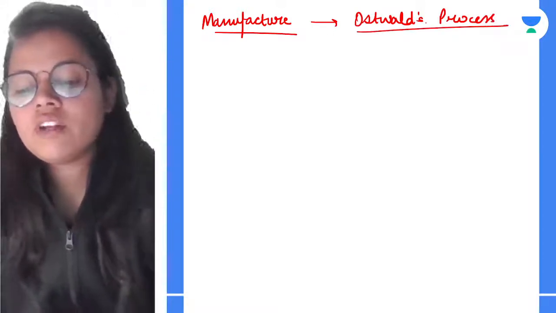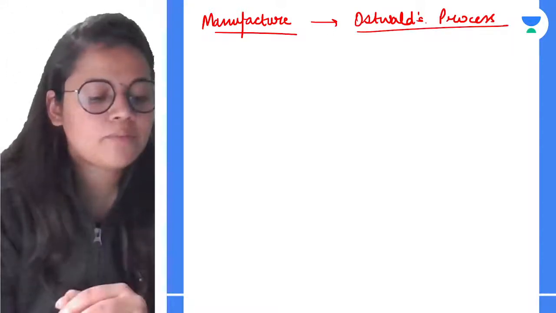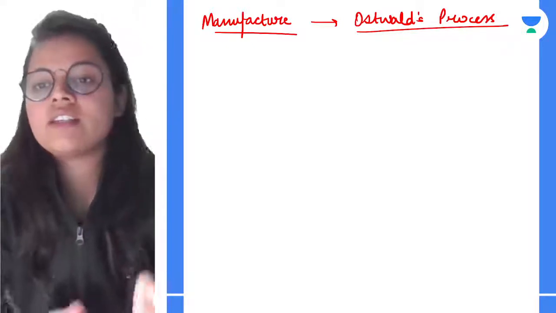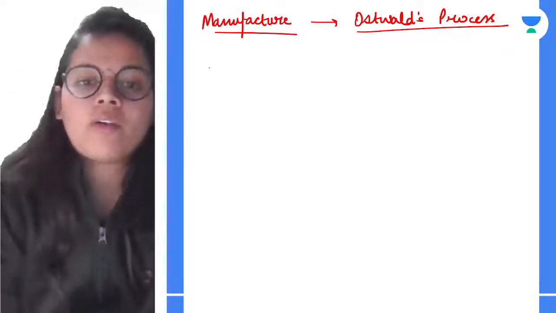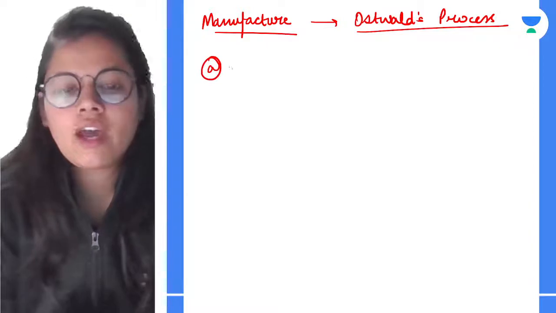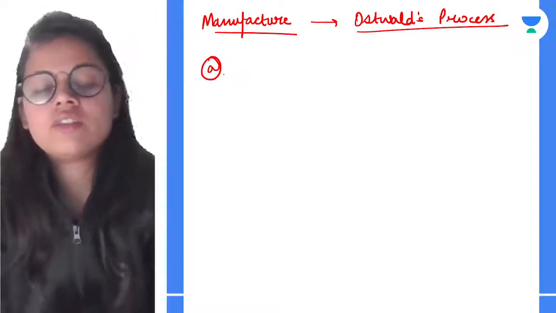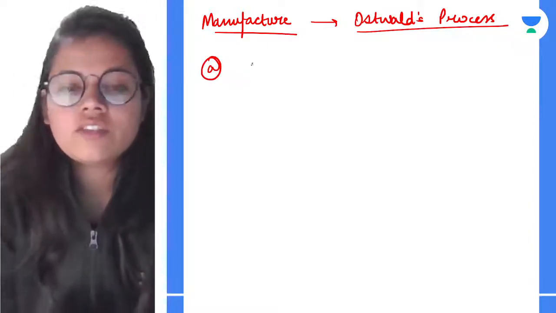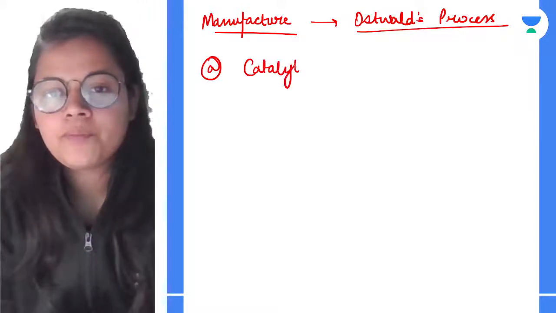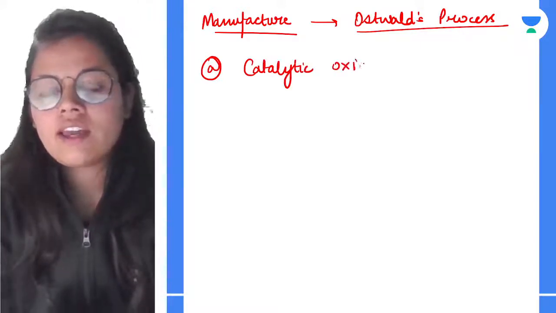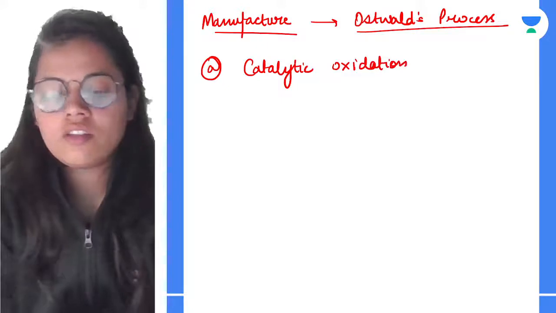Now this Ostwald process actually takes place in three basic steps. In the very first step, what happens? The ammonia undergoes catalytic oxidation. So the very first step is catalytic oxidation of